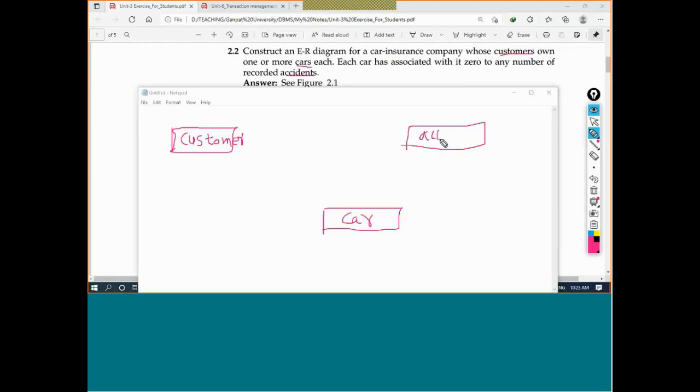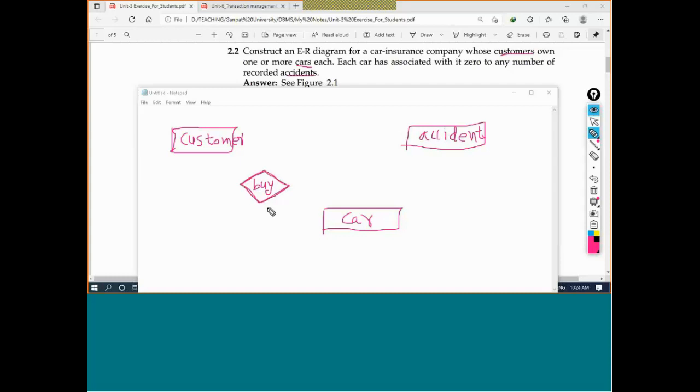Right. Now it is not given in much detail, but we will assume something or we can add things. So I will say a customer will buy a car, or customer purchases a car. Or it can be taken second hand also. That is also a possibility. But here, for the car insurance company, it is not specified that the car is new or not. So I will say buy or purchase, or you may purchase second hand also.